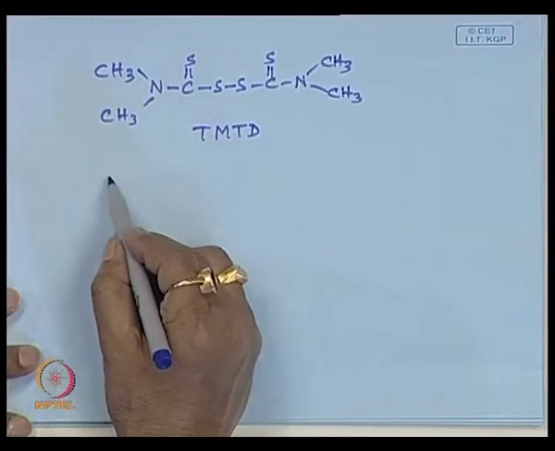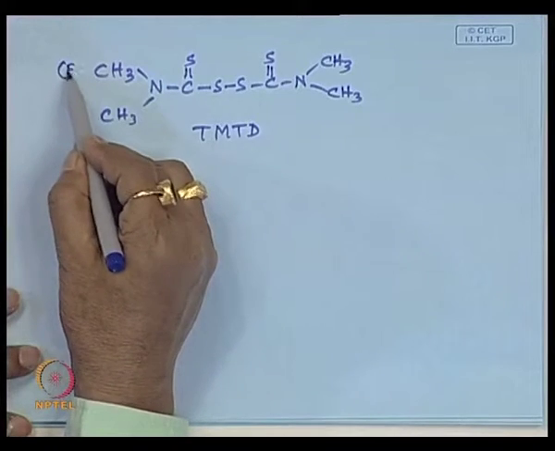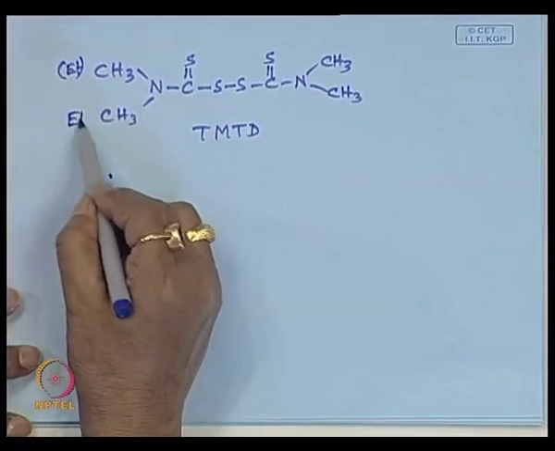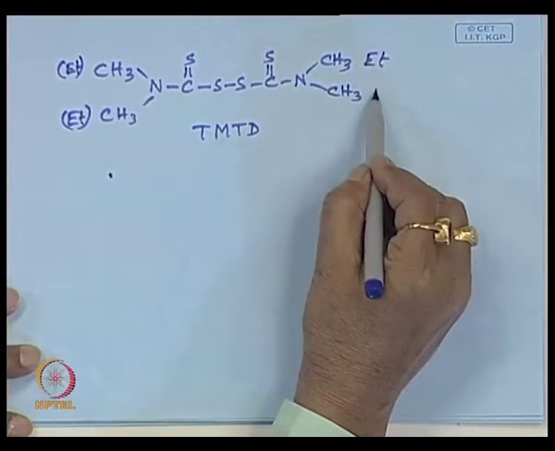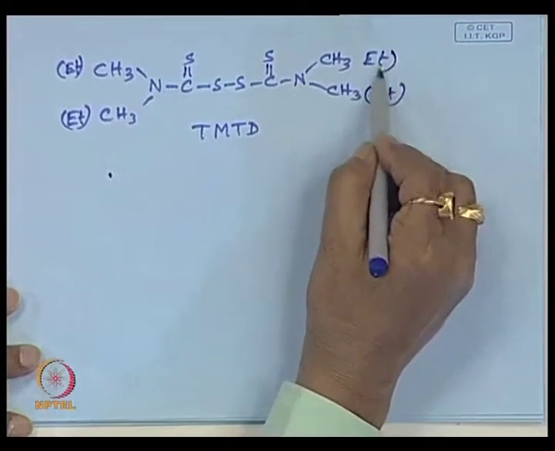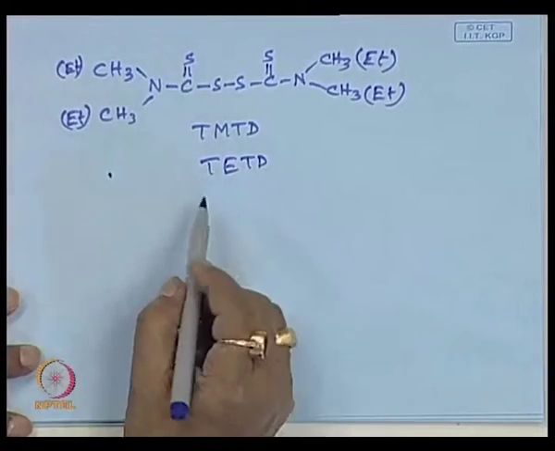Then another is tetraethyl, where in place of the methyl group you write ethyl. It will be TETD. Then xanthates